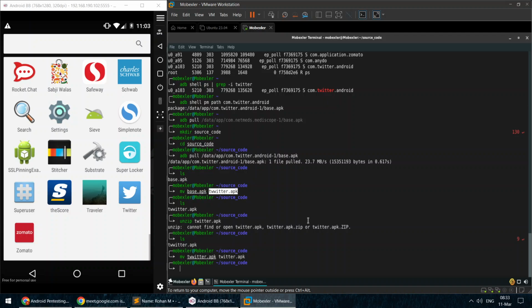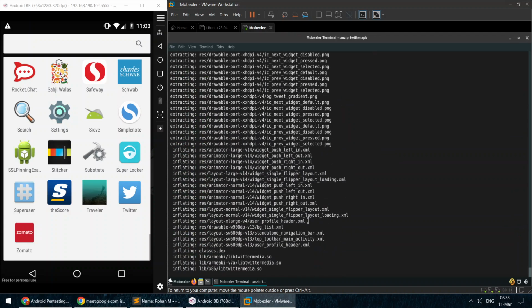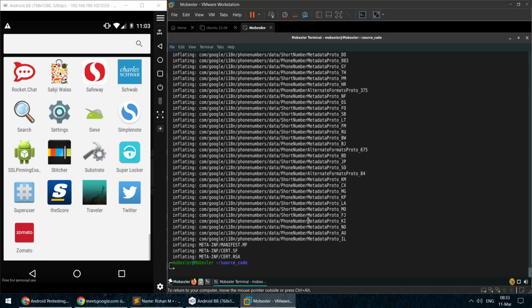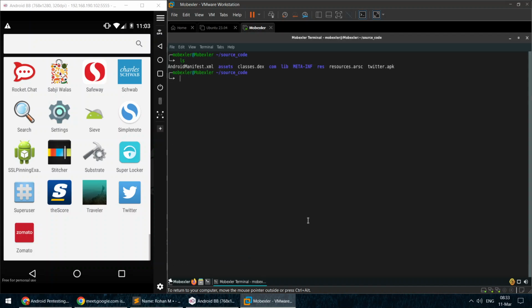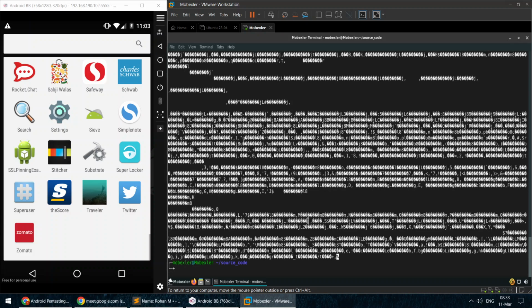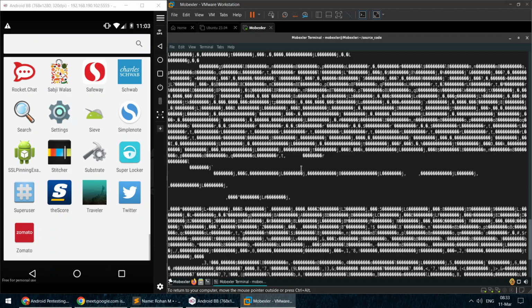Twitter.apk. And now I'll be doing unzip twitter.apk, enter. Now it has extracted the files for us. If I do an ls here, you can see these are the various files that have been shown to us. If I do a cat AndroidManifest.xml, you can see the data here. The files and folders have been extracted, but the data that you have in here,